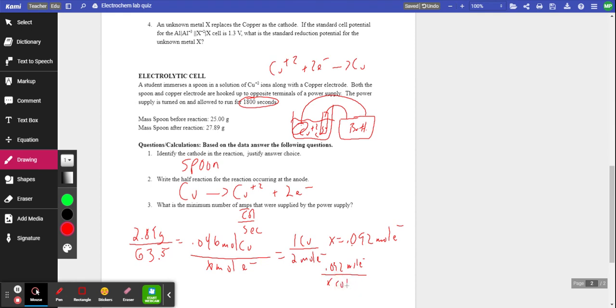Sorry, to get coulombs, use Faraday's constant, because 1 mole of electrons is 96,485 coulombs. So I'm going to multiply by Faraday's constant. Our X here is 8,876.62 coulombs. Divide that by your seconds of 1800, and you get 4.0